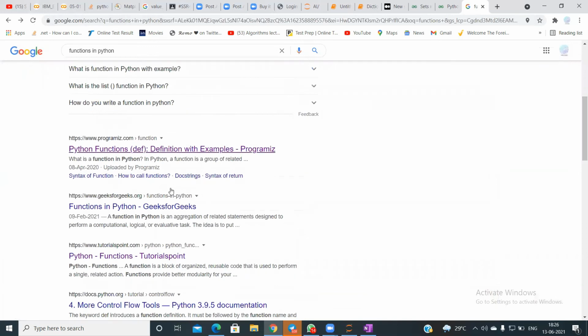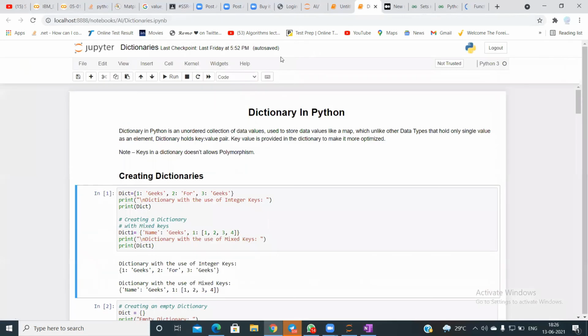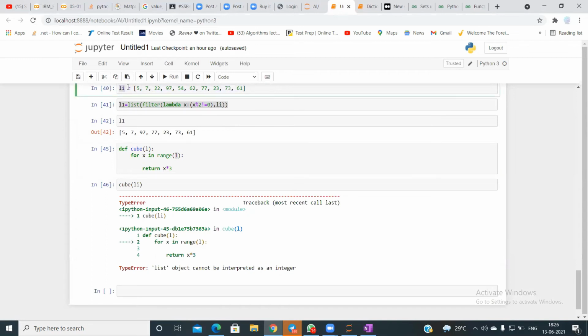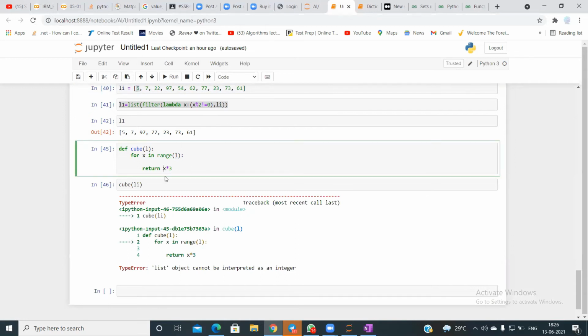See, I created a function for this list. I want to return the cube of this list, the cube of each and every element in this list. I'm getting x, accessing every element in the list, and doing cube.